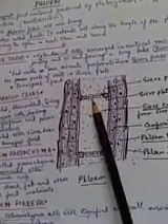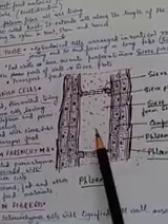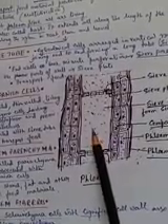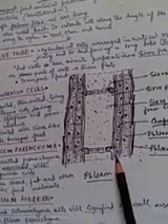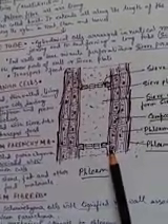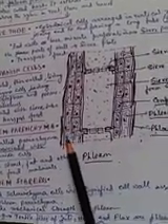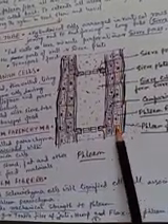Next is the companion cell. Surrounding this tube which transports the food materials, a number of elongated living parenchyma cells are present. They are called companion cells. They are associated with the sieve tube and help to transport the food. Next one is the phloem parenchyma. Surrounding them, another different type of elongated parenchyma cells are present.